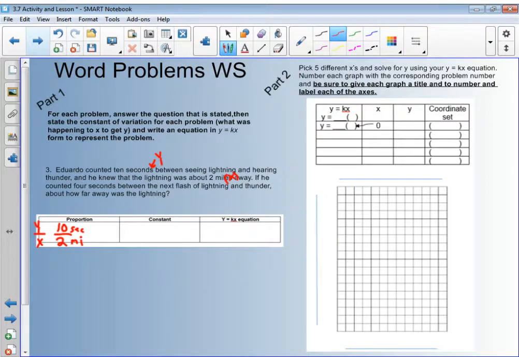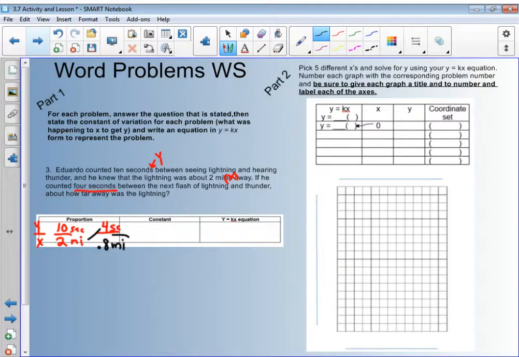Okay, the third bit of information, if he counted for 4 seconds between the next flash of lightning and thunder, about how far away was that? So our seconds we had as our top number, so we're going to put 4 as our top. Now we'll cross multiply and divide, so 4 times 2 would give us 8 divided by 10. So 8 divided by 10 is going to give me 0.8 or 8/10